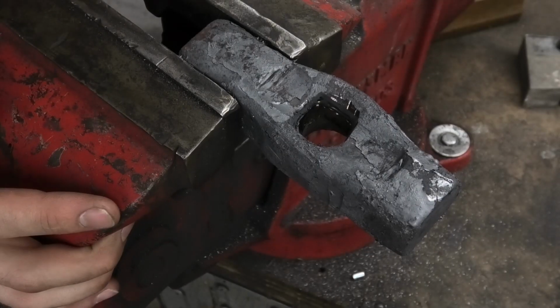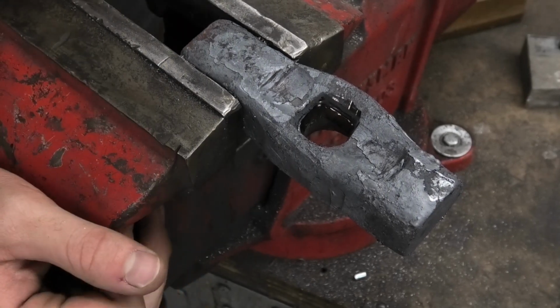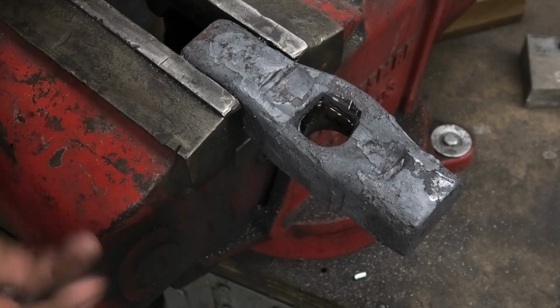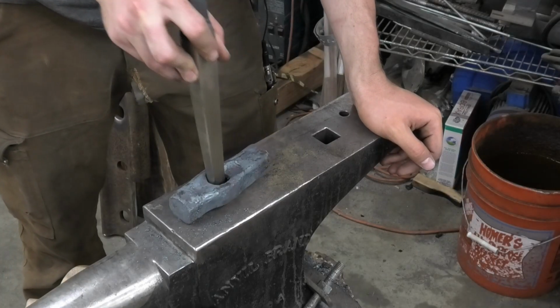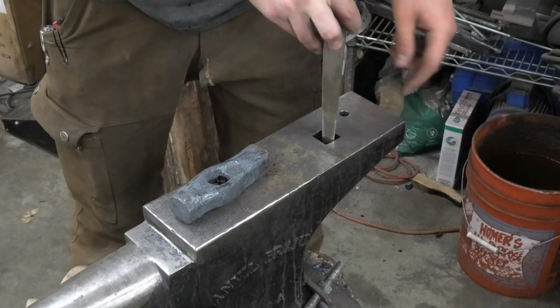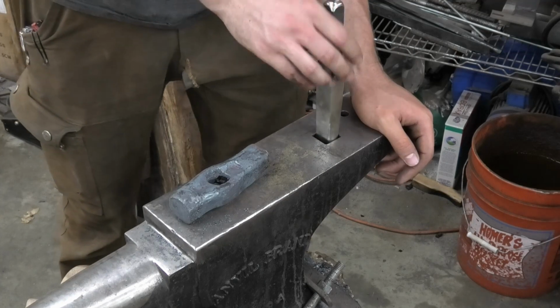So still pretty rough, but that's why we have the drift. That'll clean it up nicely. At least I think it will. Oh no, I haven't done this before. Okay, so normally when you're drifting a hole, you send the drift through the square hole on the anvil, but this anvil's hole isn't big enough. So